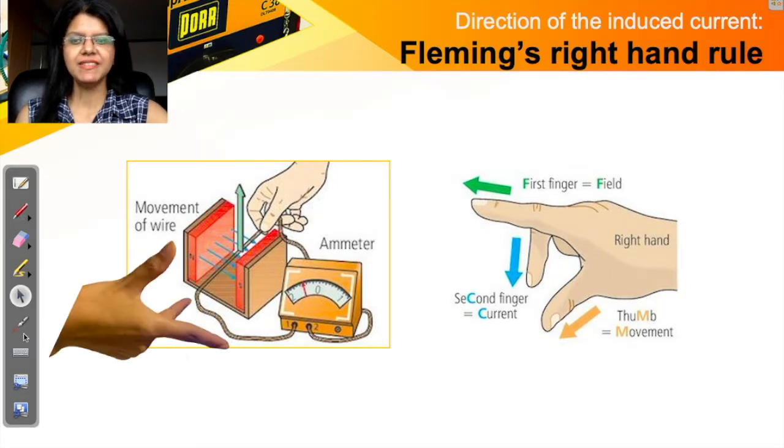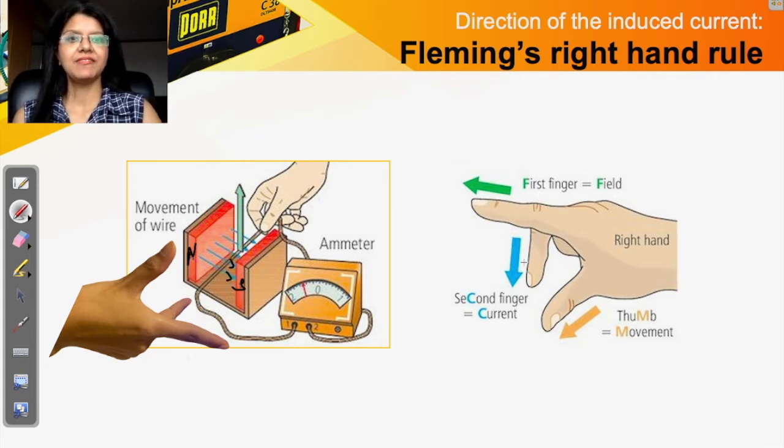So let us find the direction of the flow of the current in this wire. The green arrow shows the direction of the movement of the wire. How is the field moving? The field is moving from north to south. This is your north, south. If you look at all the arrowheads,